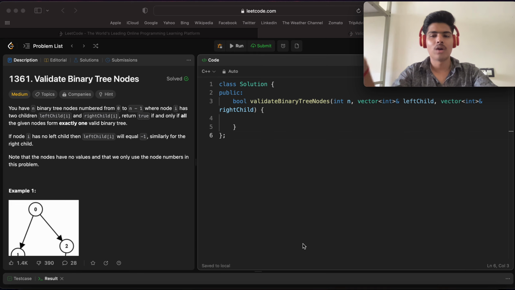Everyone, and good afternoon to all. This is the fifth day of a 75 days LeetCode challenge, and here is the problem, which is named